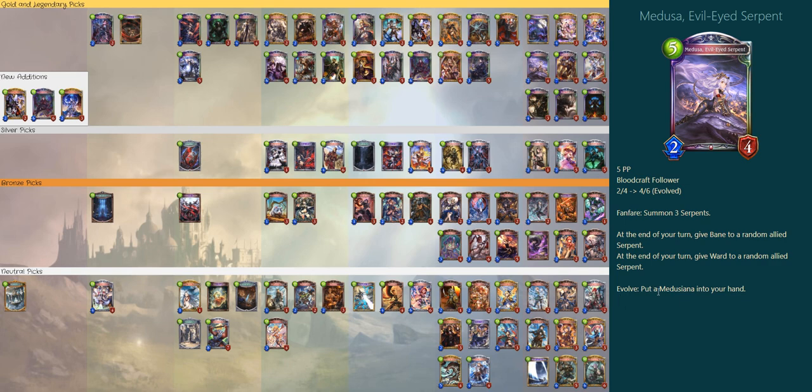This gives you a Medusiana into your hand, so it's the 8 play point 1/7 that gets the triple attack. You can maybe buff it from hand, or you can just play it down, trade with 2 mid-range followers or a bunch of small followers, and then have the 1x left over to trade with stuff later. And then this is a really strong 5 or 6 drop: just playing it down, evoing it, and then at the end of the turn, if this lives, which most of the time it will,